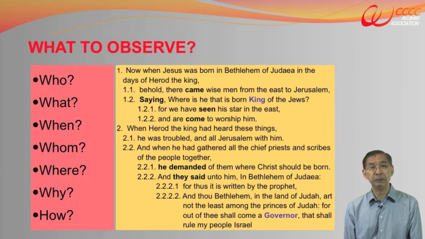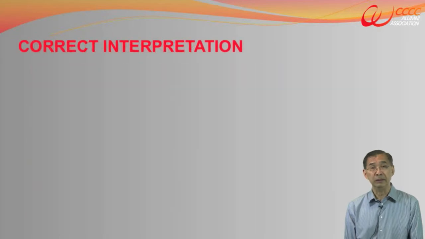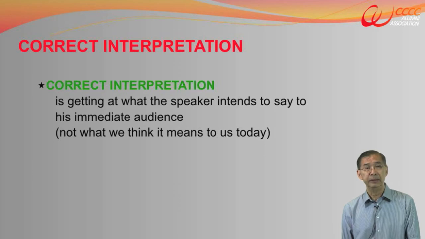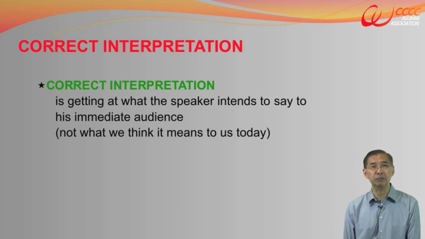Now, as I say, some people would tend to say, well, Matthew chapter 2 is about worship. Really, it's not really about worship, because if you look at it carefully, it's about the three different kinds of responses to the arrival of Jesus. Herod was not even interested in worshiping, and certainly the third group, the children, did not even get a chance to worship. It's not about worship, if you expand the study to the entire chapter 2.